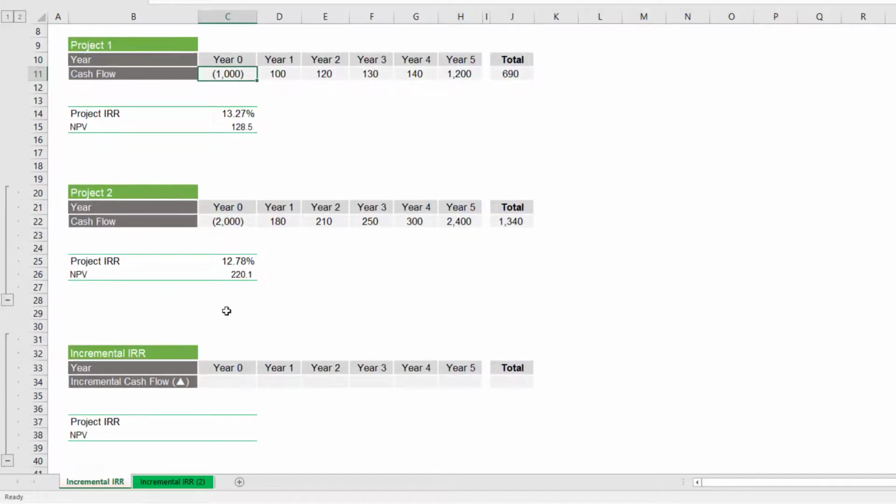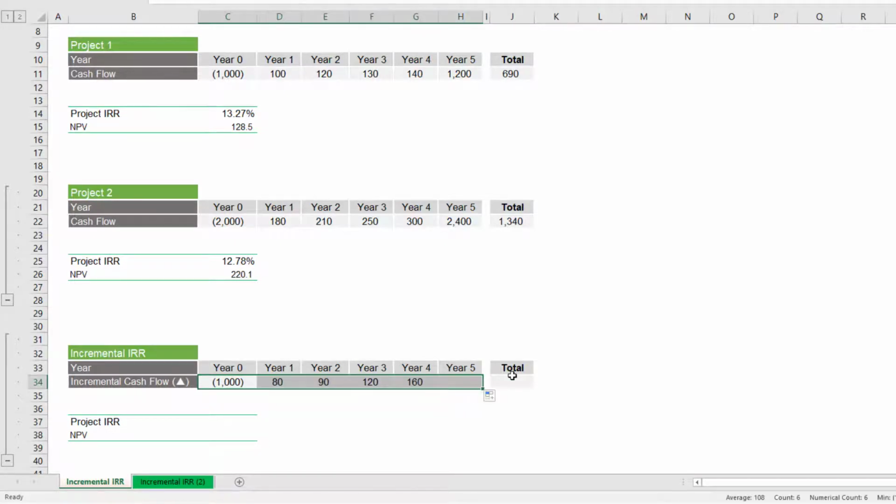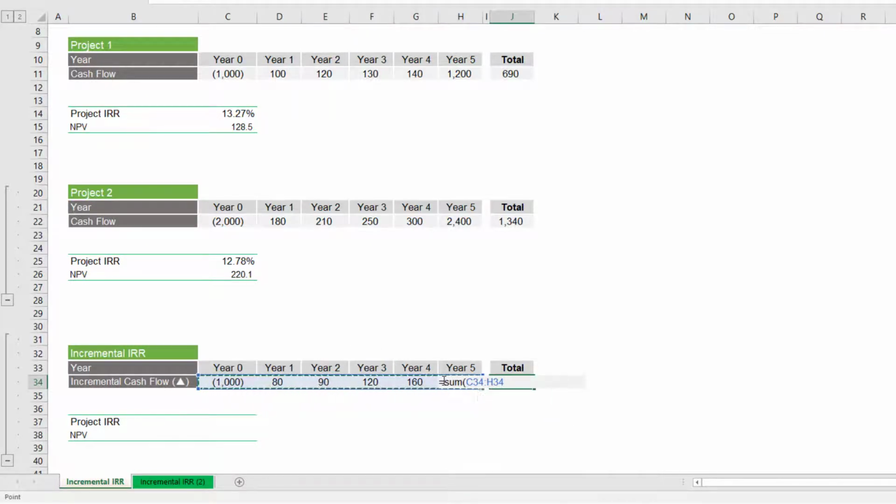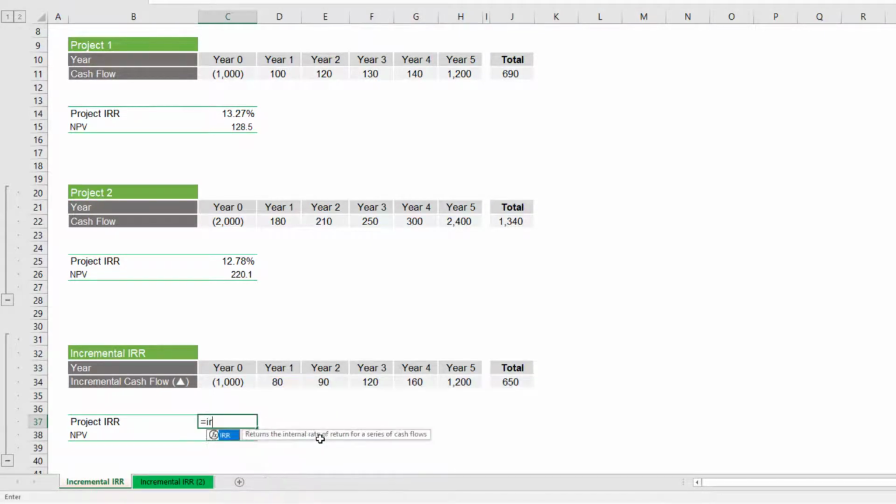So what I have done here is I'm saying, what is the incremental cash flow of these two projects. So just this minus this, the first project, and then we just drag it up to here and sum this one here. So we just see up to 5 here, that's right, 650. And again, we calculate the IRR for the incremental cash flow of these two projects. So the IRR for this cash flow is 12.29%, and the NPV is